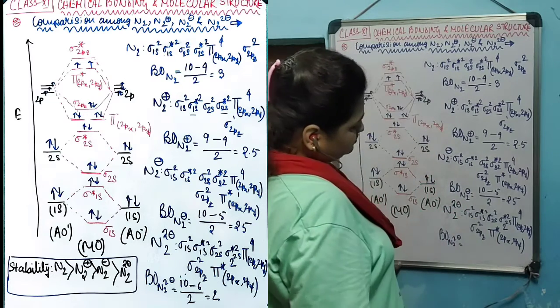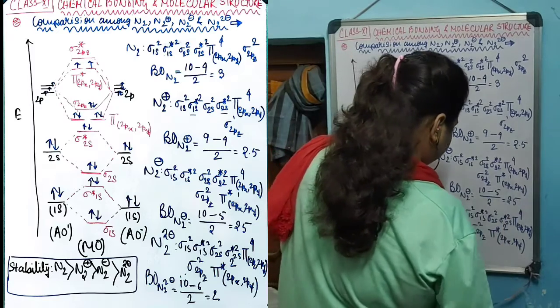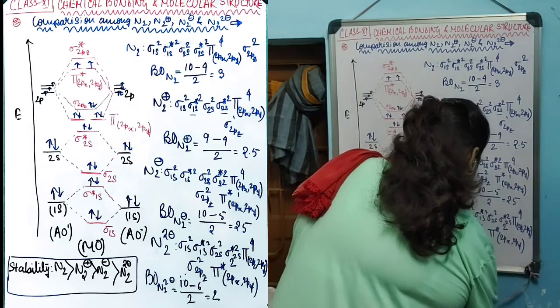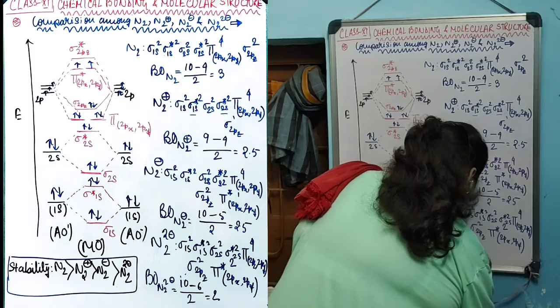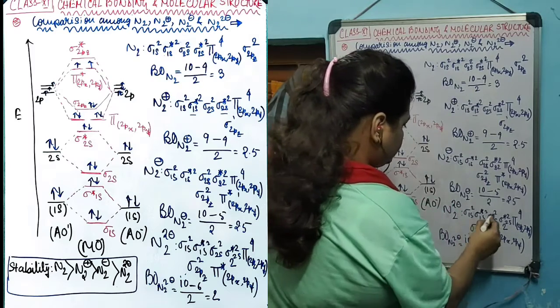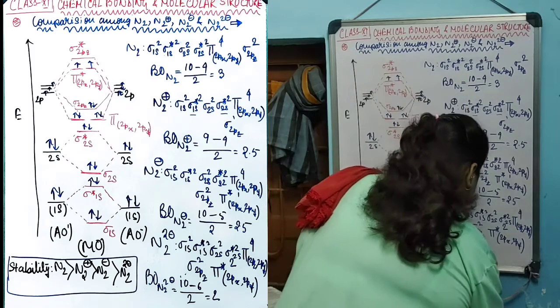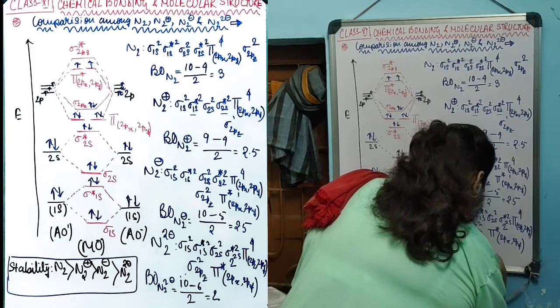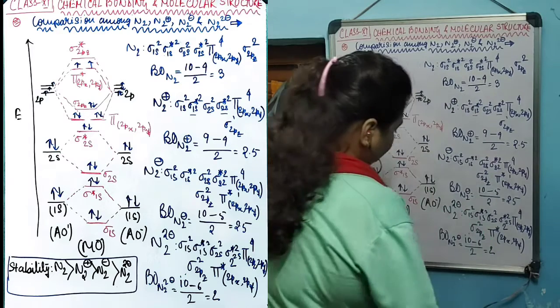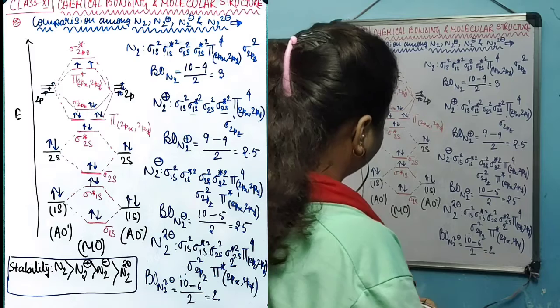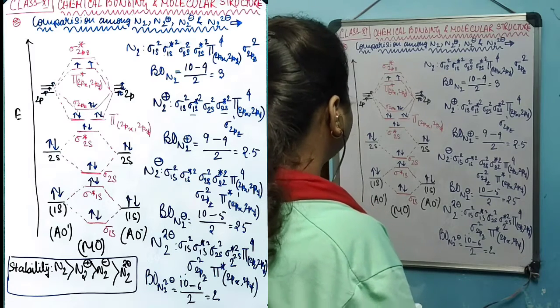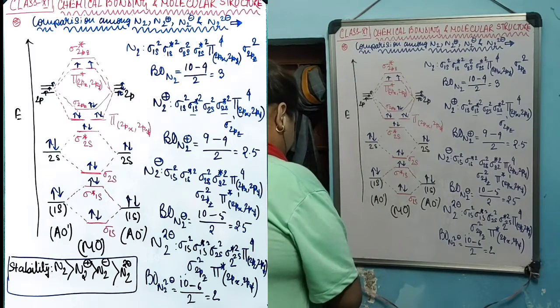2, 2, 4, 4 and 4, 8 and 2, 10, minus 2 and 2, 4, 4 and 2, 6, 2. The bond order is 2. Hence, we can actually construct a stability order